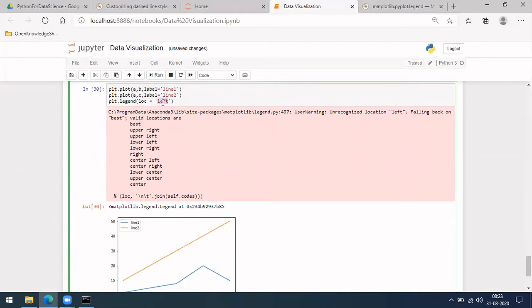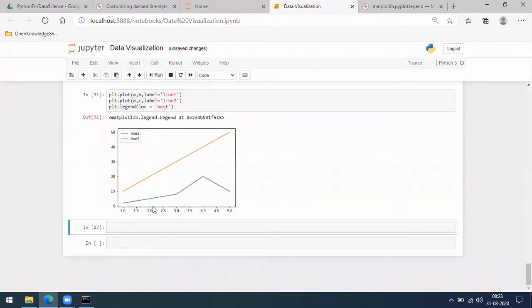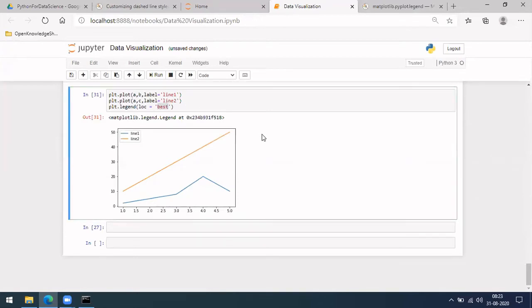So usually in case you put best, okay, then automatically it will choose the best location. Because one thing we should take into consideration is it should not be on top of the graph, right? Then it will hide a few of the values because of this. It will obstruct us from viewing those values. Okay. So if you do best, automatically it will set in a position where there is no graph. So I usually put the location as best.